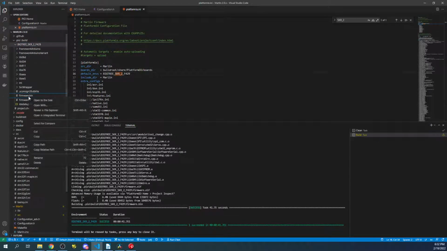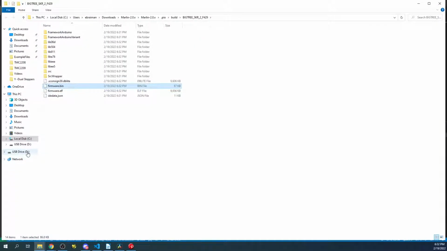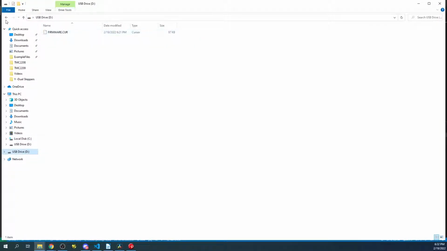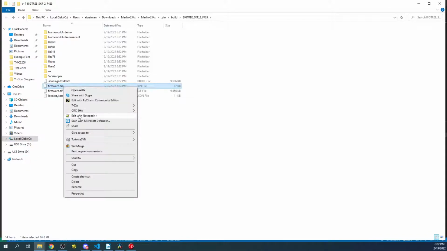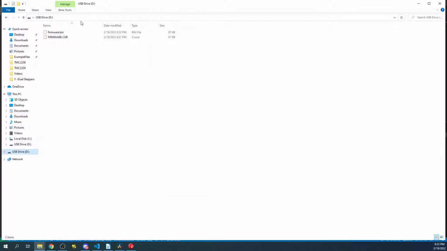So it just finished. So we'll right click, we'll reveal in File Explorer, we'll double check our last build, and then we'll send it over. And the reason I do that is to make sure that it loads. So if there's two files in here, I know it didn't load because one of them will be cur and the other one will be firmware.bin. That's another thing you can do to troubleshoot. So let's go back over to the desktop